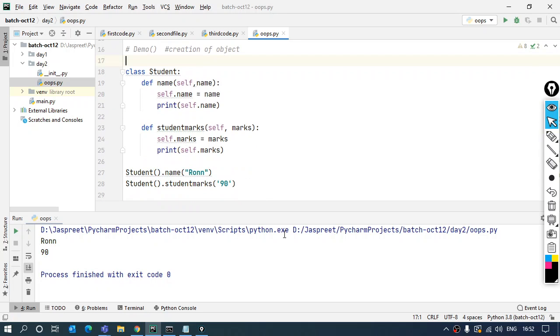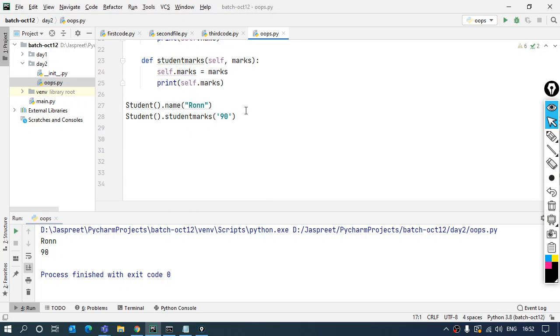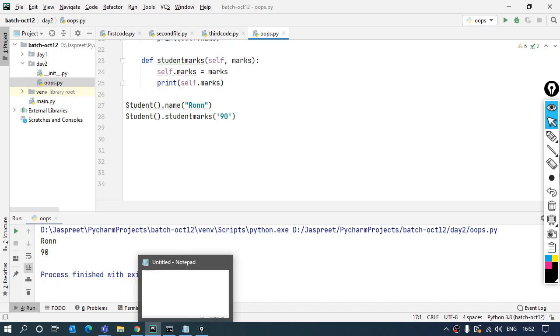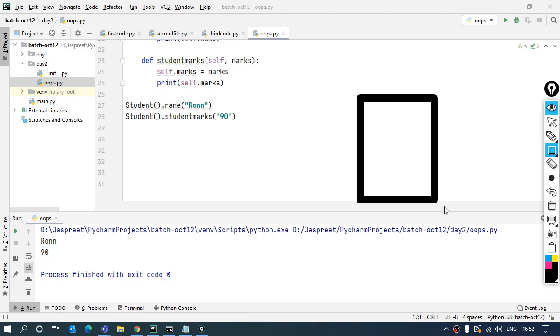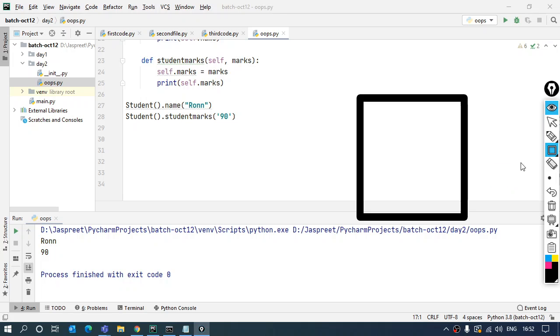The issue is going to come up when the memory management is going to come. What I have done is, there is a class, it's way too big. There is a class which is having the data name and marks.